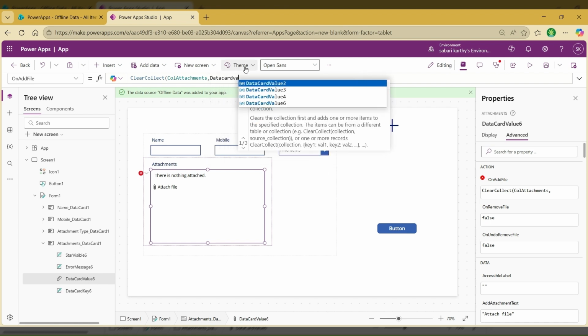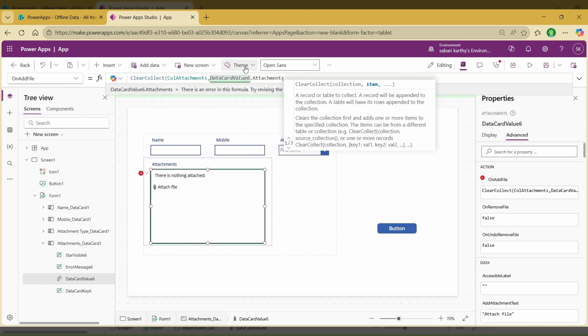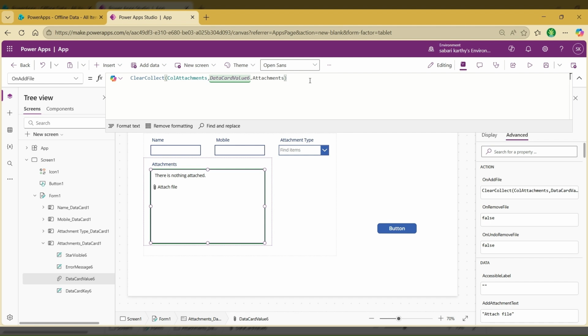So data card value 6 dot attachments. Whenever someone clicks on add file, that file information will get added here. Once this is added, we would like to run a for all loop. So for all